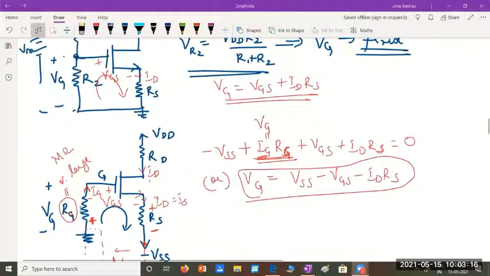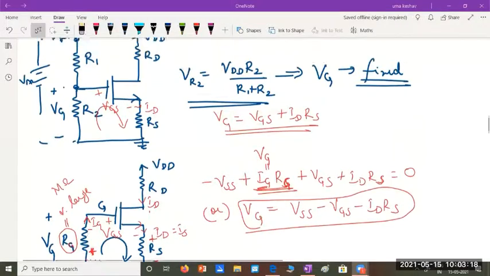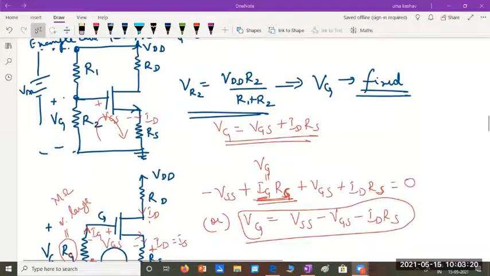So either of these ways, you have multiple ways other than these also. Either of these ways we can fix this gate voltage, and the reason why this circuit is more stable when compared to the fixed VGS bias is because of the use of this resistance RS, which is also called the degeneration resistance or the source resistance.